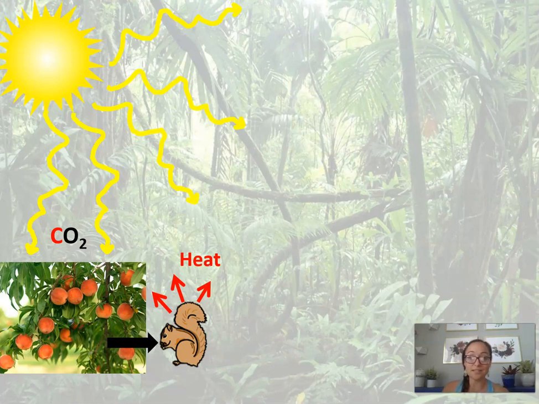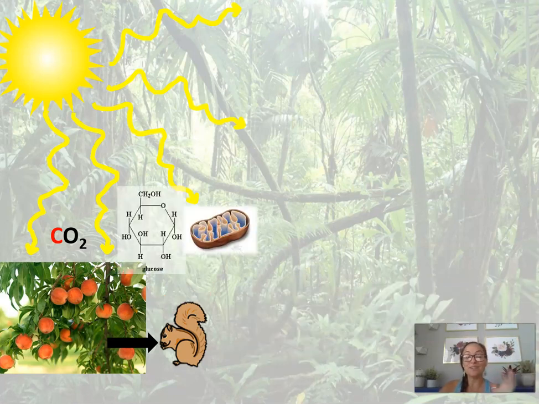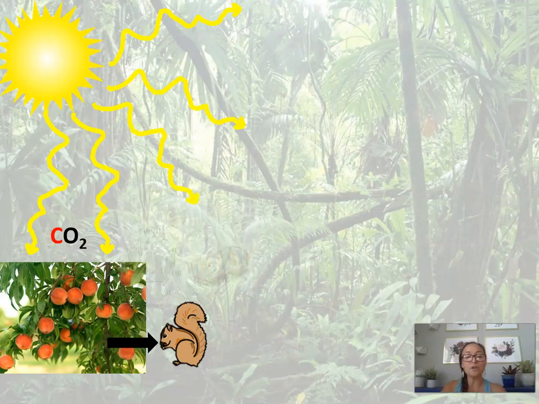So it's through the process of photosynthesis that solar energy is converted into chemical energy stored in the bonds of our macromolecules, our organic molecules, our carbs, lipids, and proteins, and nucleic acids. So when we eat our food, if I eat a peach on a tree, for example, that stored potential energy in the bonds will now be taken into me, but then as my mitochondria breaks down and releases the energy from those bonds, quite a bit actually of that potential energy is released as heat. Now, heat is not a usable form of energy,